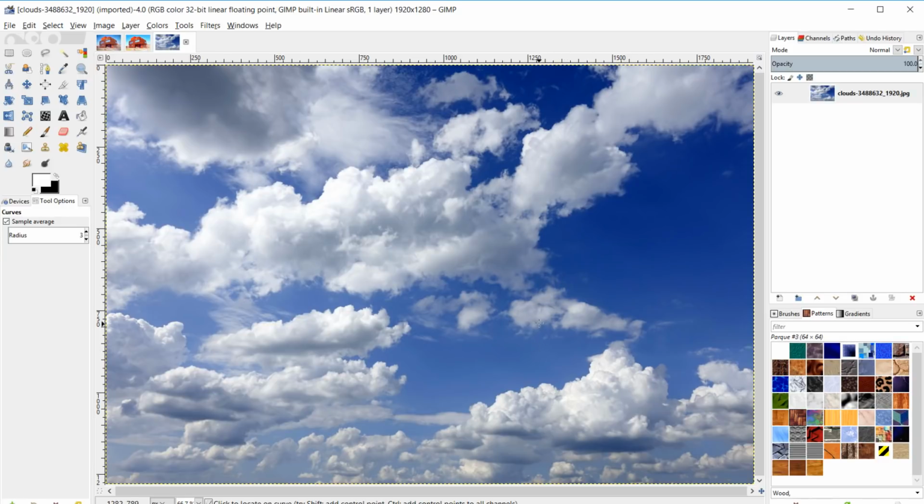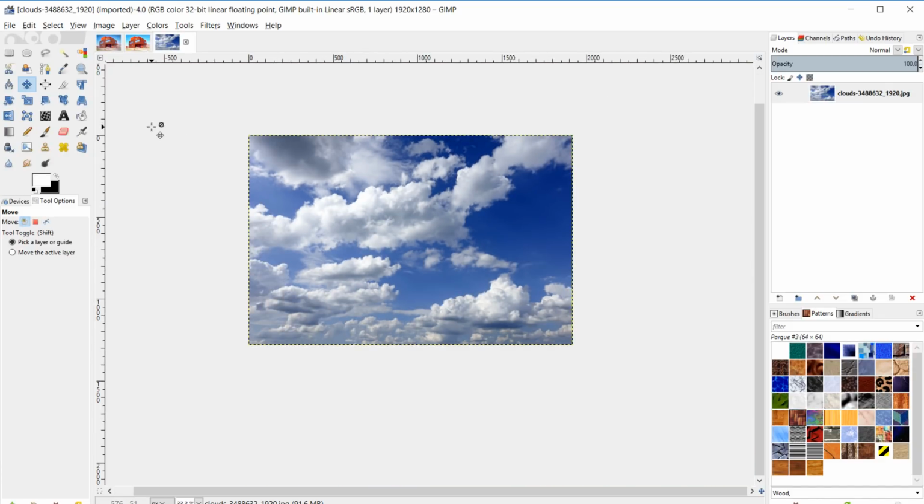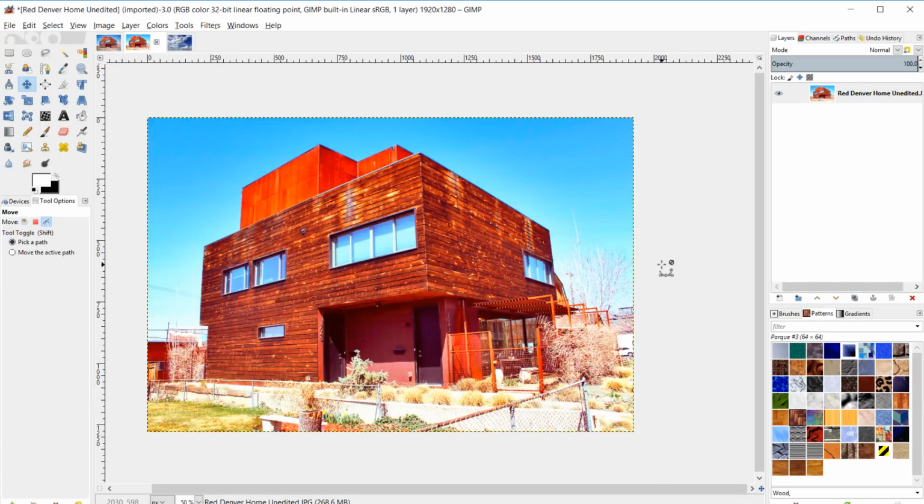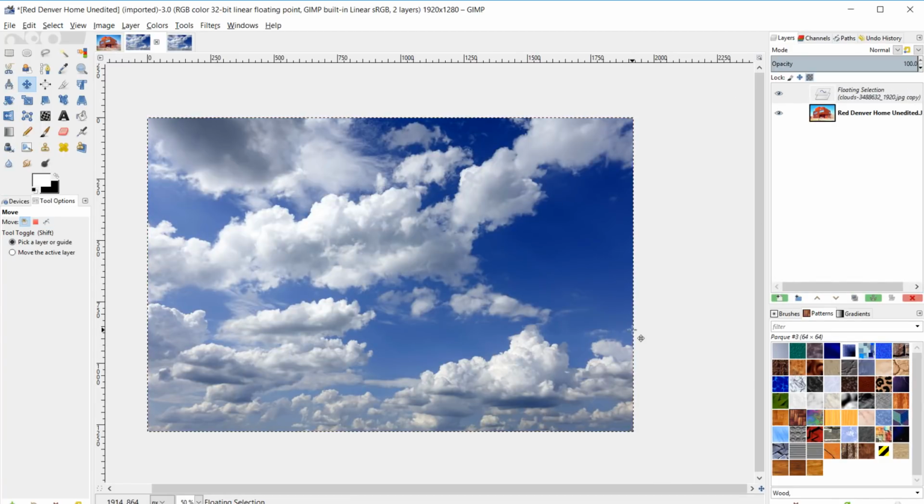And just going to hold Control and zoom out a bit. So I'm going to hold Control C, and then I'll come over here and hit Control V, and that'll paste my clouds as a floating selection. So I'll just click here to put this on its own new layer, and let me just name this Clouds